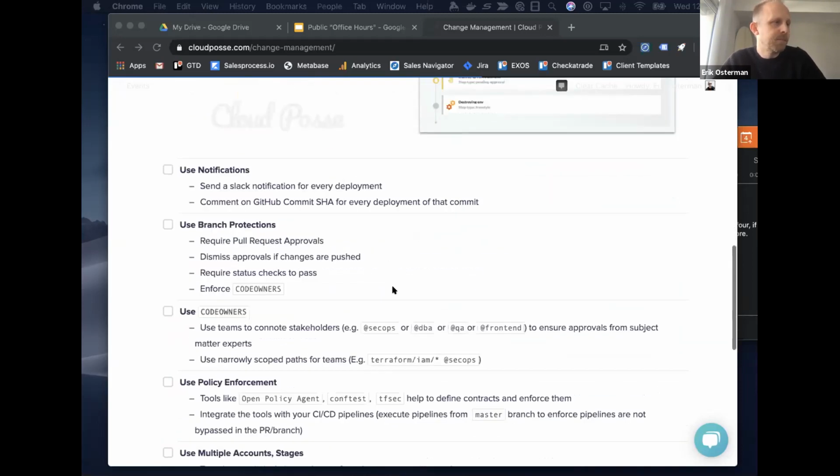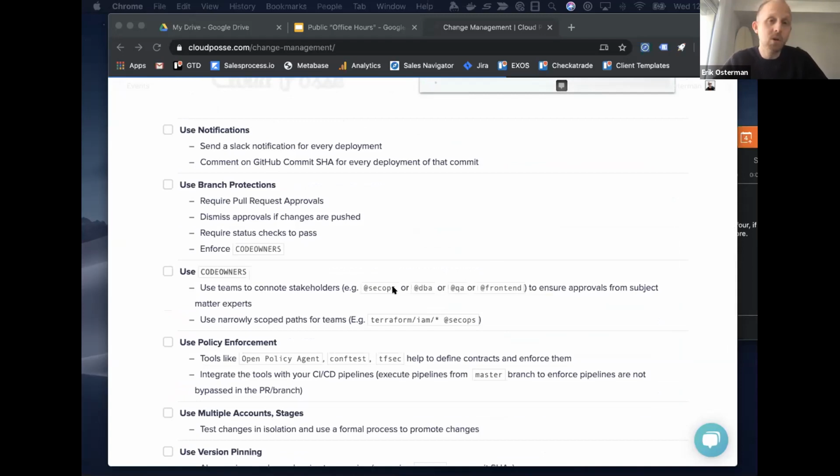Notifications: I'm sure a lot of people here are already sending a lot of this stuff to Slack. One thing that we've really liked, and I was surprised how much I liked it, was the ability to add a GitHub comment on pretty much any commit SHA, and then you have that history there. So if you have a pull request, you can also comment on those commits and see when the commits in that pull request were deployed and to what environment. That provides a nice living record of changes.